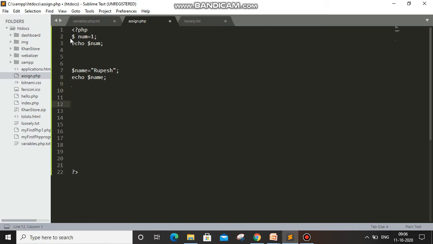After that, $float. We can also store float values. Float underscore number equal to 1.2 semicolon, echo $float_number.